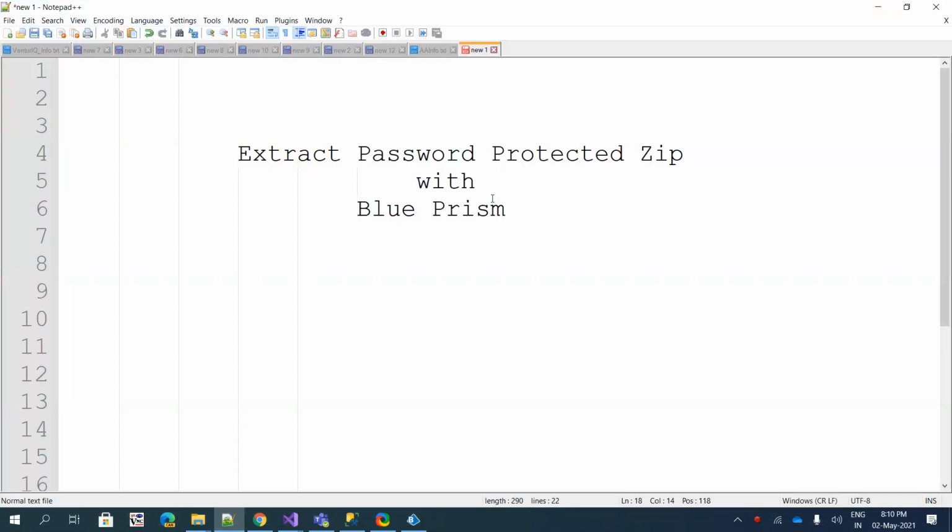Welcome back. Today we are going to discuss extracting password protected zip files with Blue Prism. Here we are going to use the technology C Sharp as we always used to. And one point we should notice is that there are no direct framework specific libraries available with .NET, like